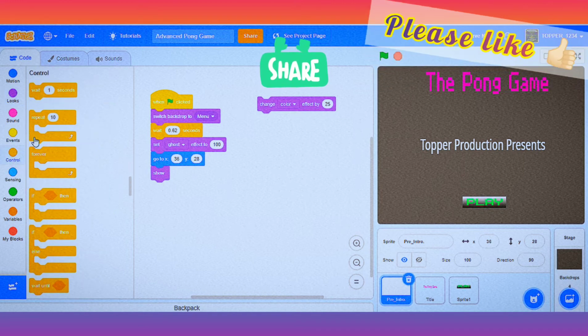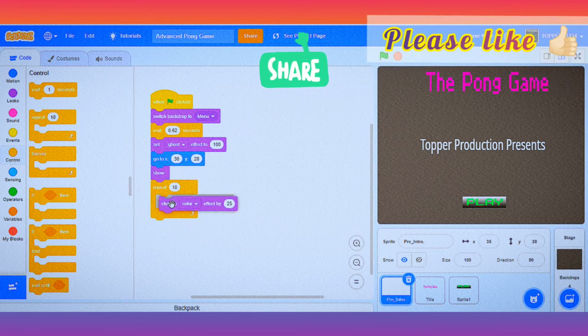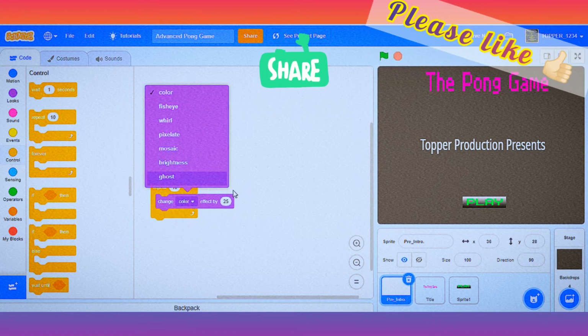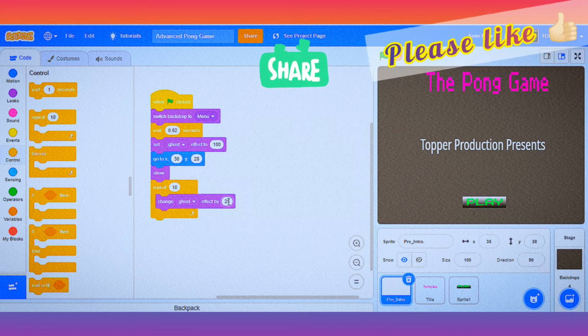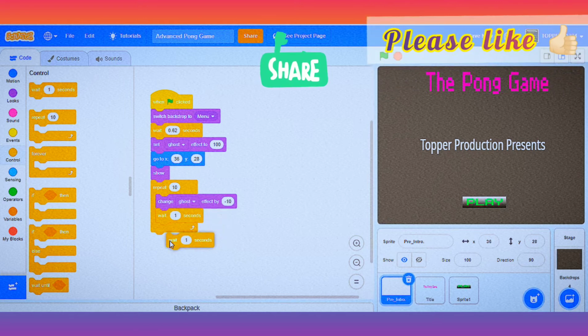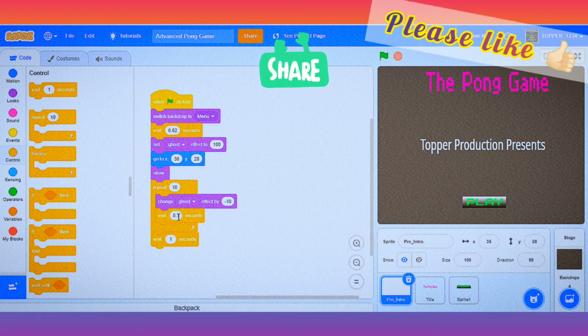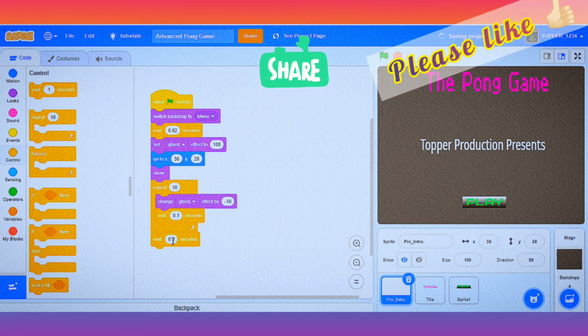Now I'll select the repeat loop, repeat 10, change ghost effect by -10. Wait 1 second. I'll change this one to 0.1 seconds inside the loop and 0.3 seconds outside the loop.